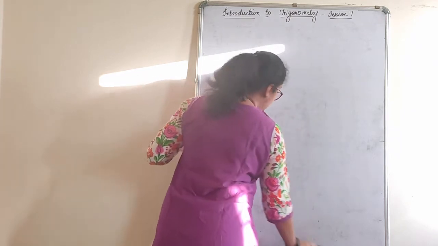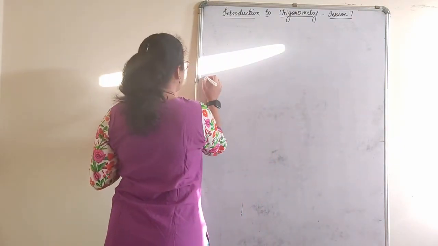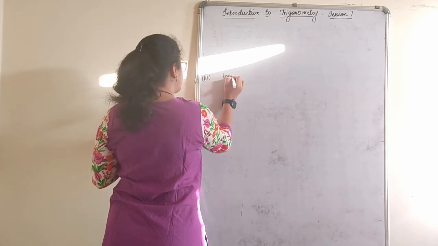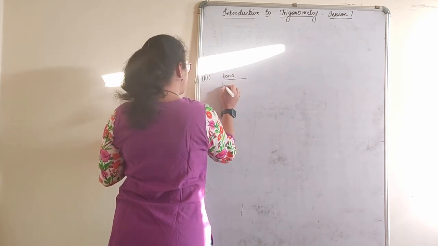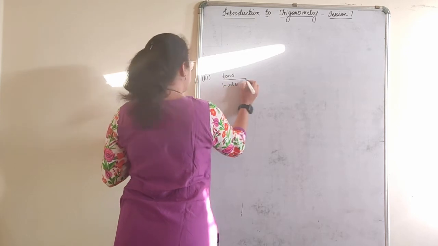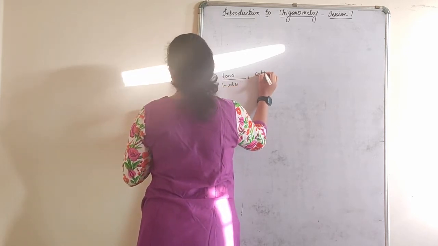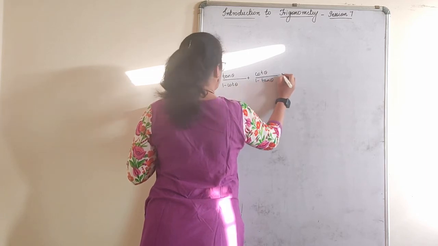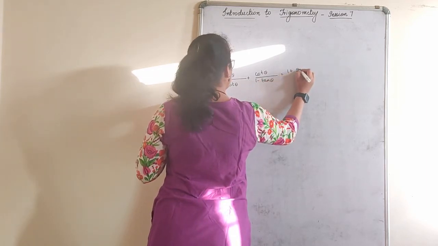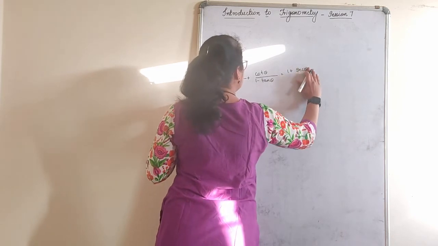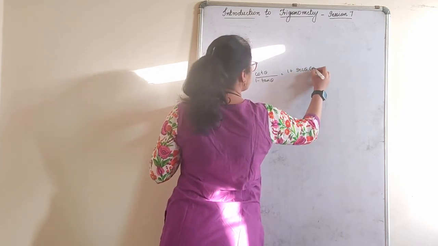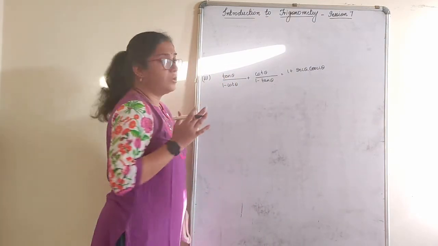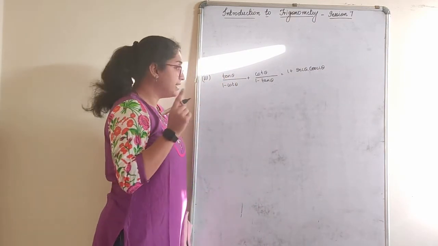You can practice it by both examples given. Third one: tan theta divided by 1 minus cot theta, plus cot theta divided by 1 minus tan theta, equals 1 plus sec theta into cosec theta. Okay. Looking at this, the first thing that comes to your mind, LCM?